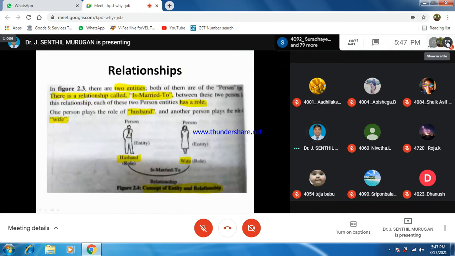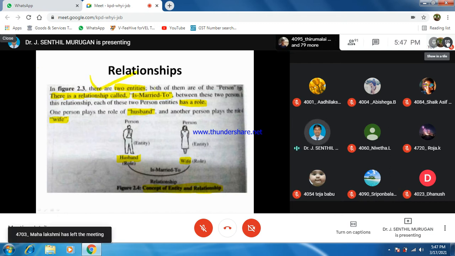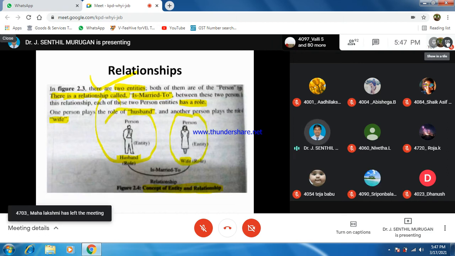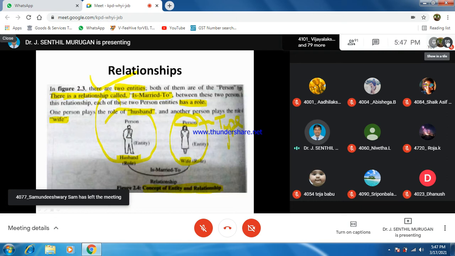Now, what are the different types of relationship we will see? First we will see what a relationship is. For example, there are two persons, husband and wife. So the type is person, since both are called persons. Now, they have a role. So what is the role?